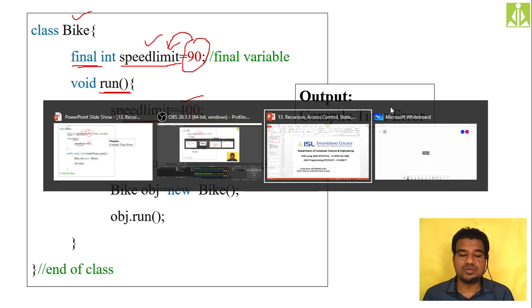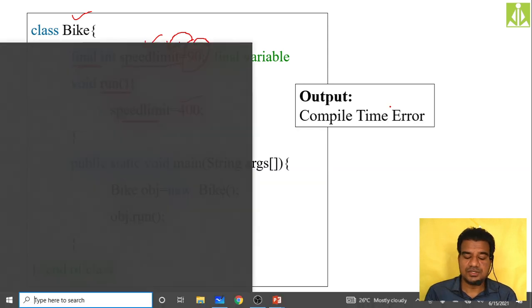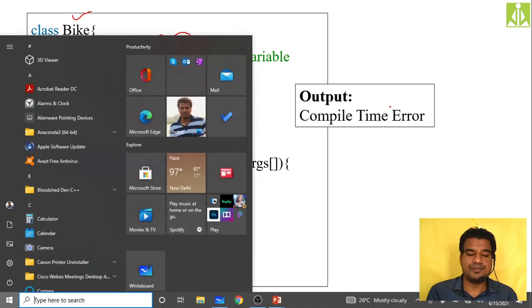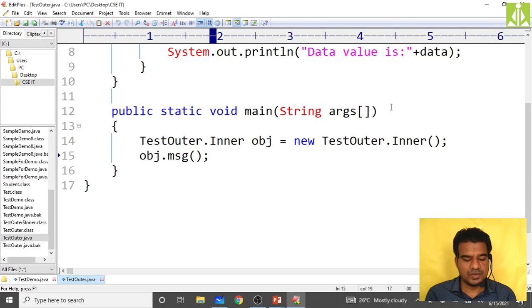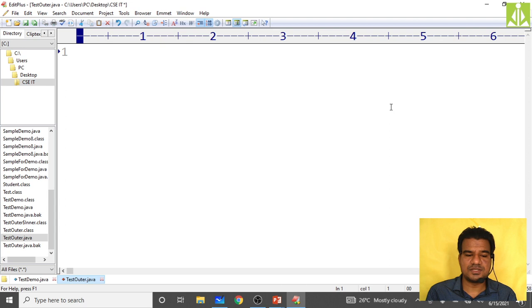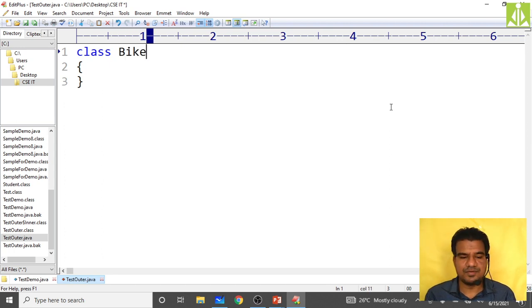Quickly we'll go to, okay, I think I closed my IDE. So I'm opening Edit Plus. So in this context, I'm writing my first program, that is class Bike I have to take. So again, if I take Bike, I need to change my class name. So no issues, we will change.